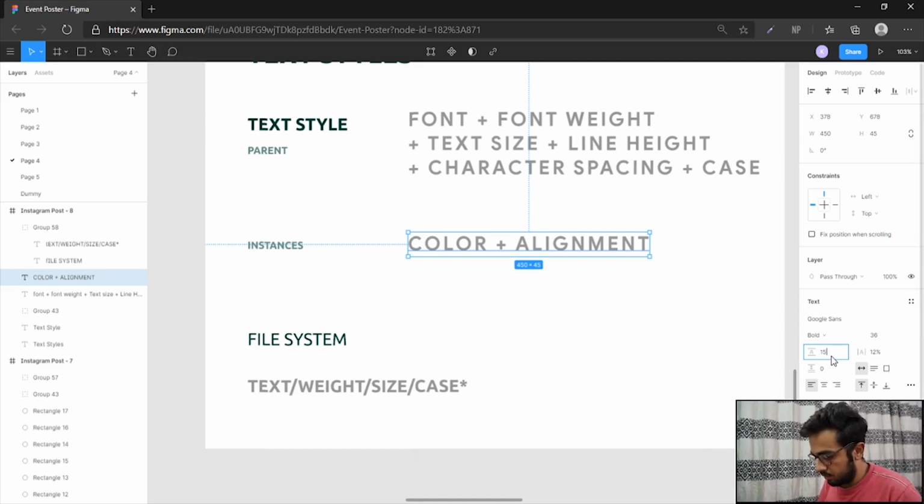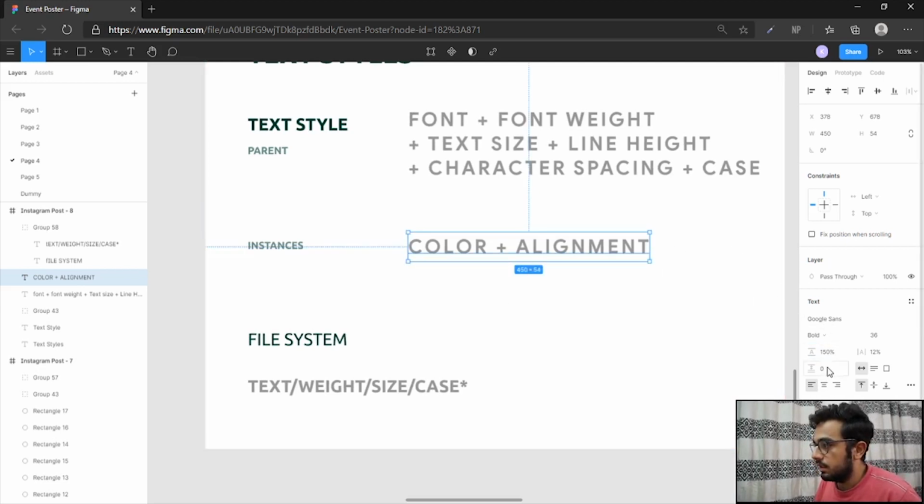So if I decide to give it a percentage of 150, the line height would be 36 times 150, so 150% of 36, which would approximately be equal to 54. So if I give it a percentage, it would automatically adjust the line height to be 150% of this size. As you can see, the line height is showing up here and also here, in the height 54. All right, and this is the character spacing. So you can also adjust it. You can also give it an absolute value, the same as the line height.